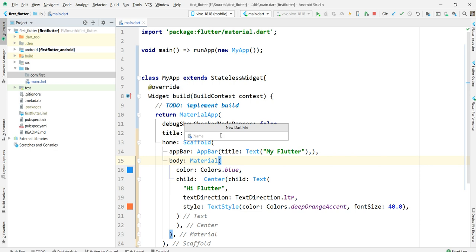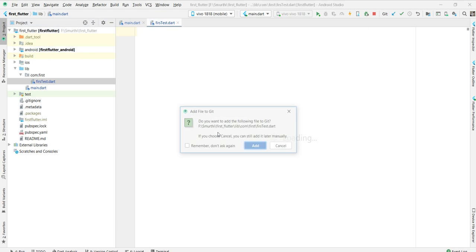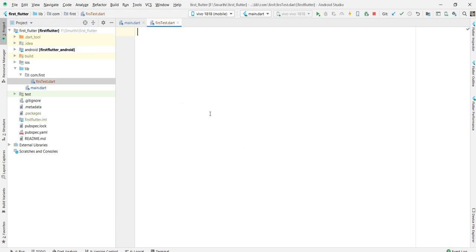The dot file name is first test. We are just testing here, so I am creating this first test. So one new file is created, that is first test.